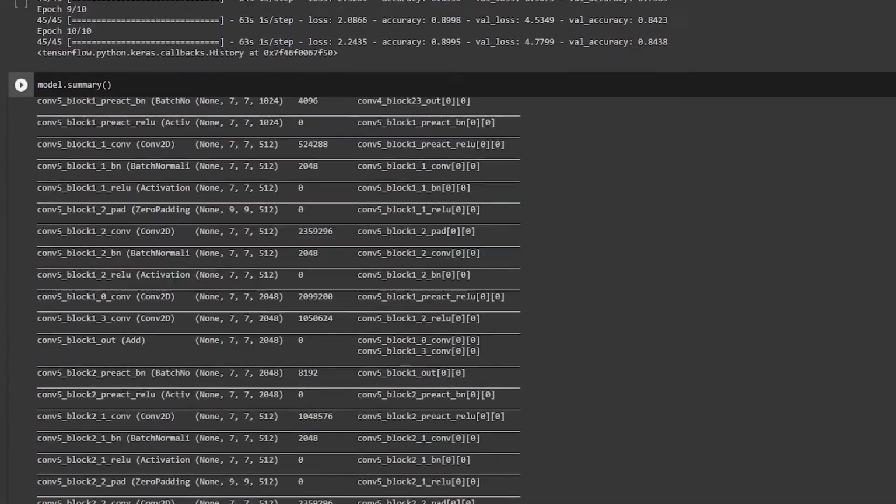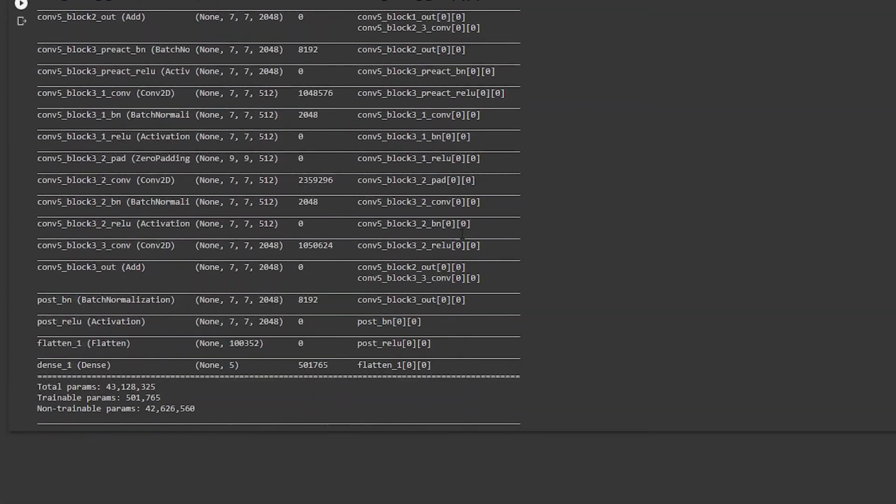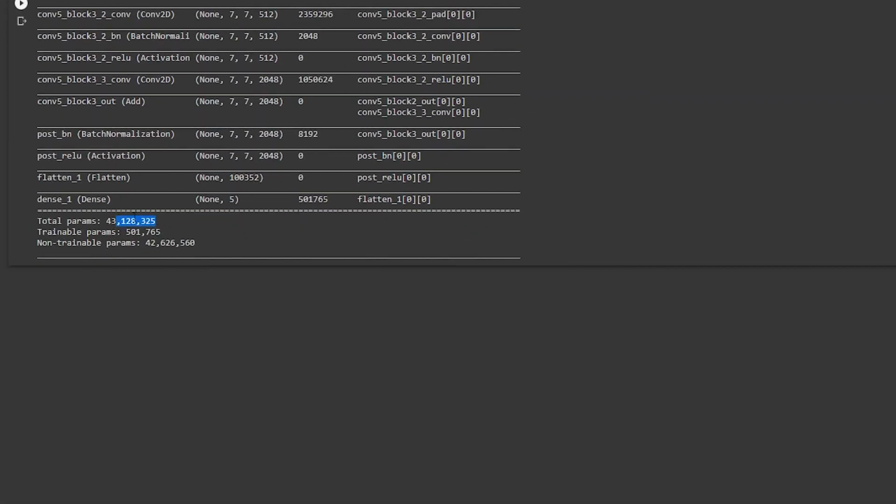But here we have 43 million parameters. So 10,000, 100,000, and then a million and 10 million. So these are 43 million parameters. It can also be said as 4 crore 31 lakhs 28,325 total parameters.